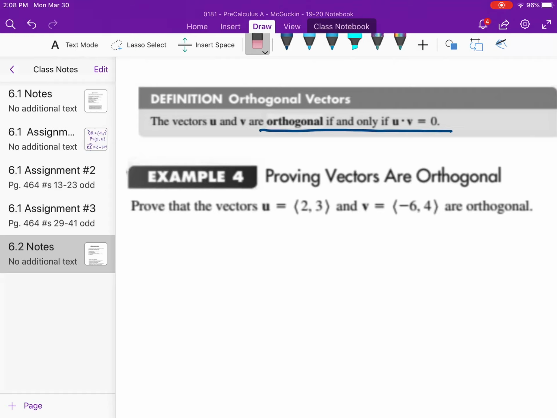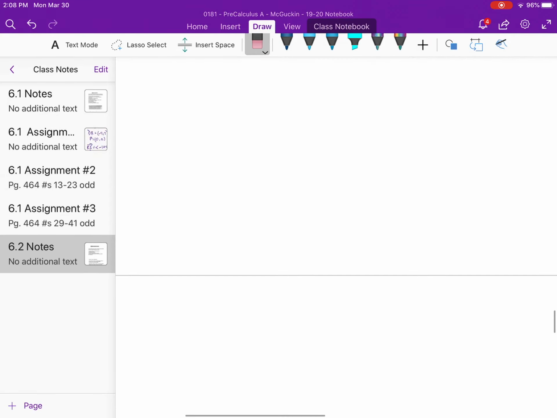An orthogonal vector happens only when the dot product of two vectors equals 0. So if you take the dot product of any two vectors and it equals 0, you consider those two vectors orthogonal to one another. Before we do the example, I want to first compare this to perpendicular, because